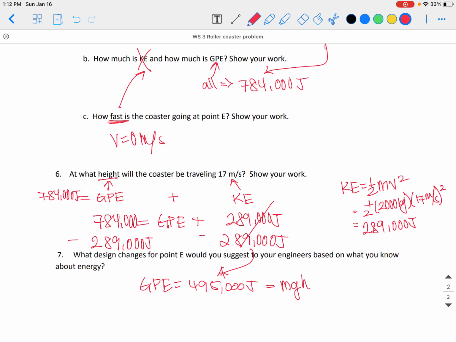So I'm just going to plug in our values. Mass is 2,000 kilograms. Gravity is 9.8 meters per second squared. Height is our unknown. If I multiply these two together and divide it to the other side, I end up with